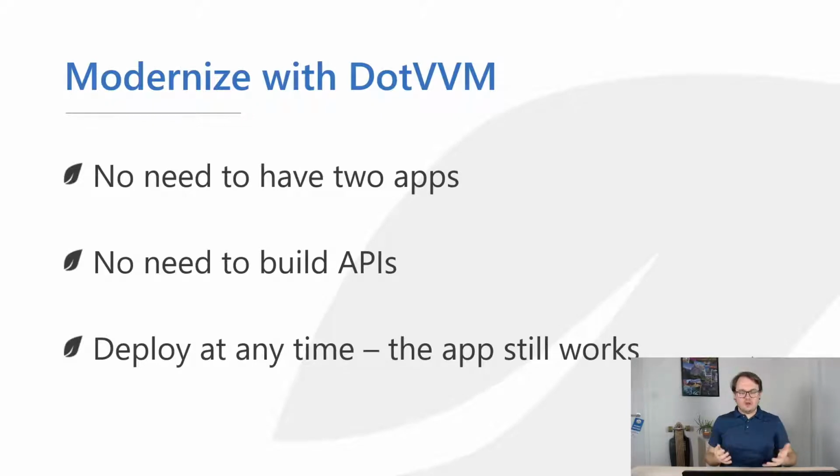So this way of modernizing allows you to stay with one application, and you can fix the issues in the old pages, at the same time add new pages in DotVVM, and at the same time you can rewrite all those pages one by one from the old technology to the new technology. So you can spread this process over a couple of weeks or months, and that's how you can do the migration. And the application still works, it can still be compiled, you can deploy it to the server at any time,